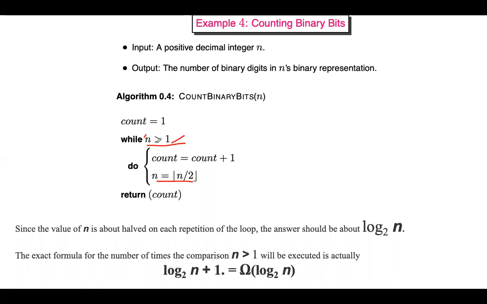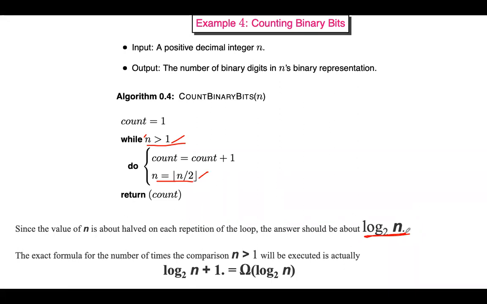The while loop will not execute n times, because the n value is divided inside the loop: n is equal to n divided by 2. When this kind of situation is there, it is represented using log n base 2. The while loop's condition depends on n, and the n value is divided exactly in half with each iteration. So this kind of situation is represented using log n base 2.